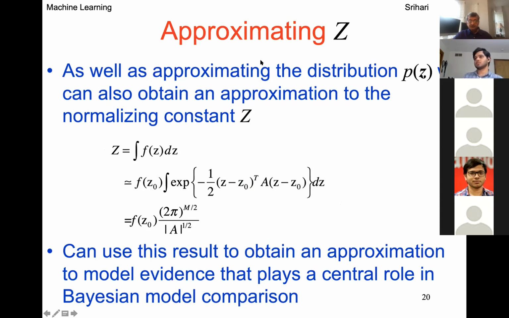As well as approximating the distribution P of z, we can also obtain an approximation to the normalizing constant Z. Z is equal to the integral of f of z, and that's approximately written using the quadratic expansion like this. And so one can figure out the Z here. We can use this result to obtain an approximation to the model evidence that plays a central role in Bayesian model comparison. This particular equation, by taking the logarithm and all that, gives an interesting expression